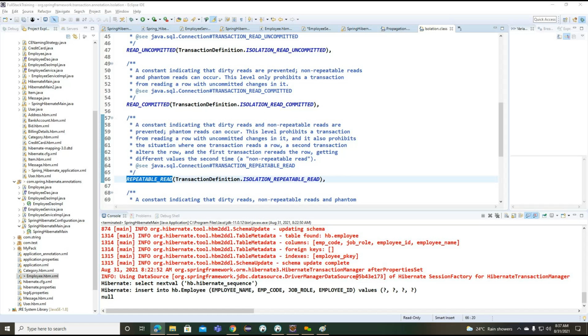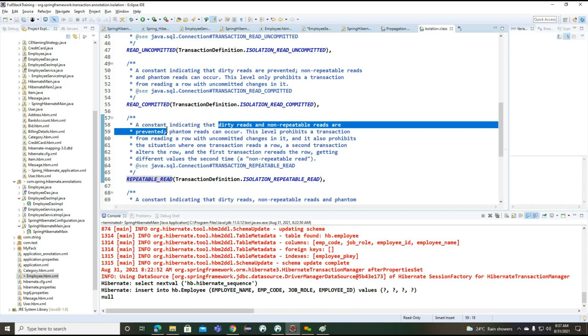So multiple transactions are going to read the same field. Getting the point? Now we can call it unless it is not yet changed by the transaction here. We are just trying to read the same field of the data with multiple transactions, but the particular data is not going to be changed by any of the transactions. Now you can see that non-repeatable reads are prevented here.